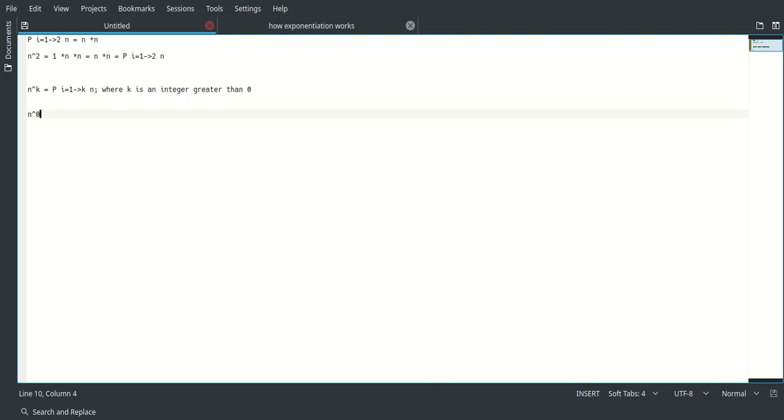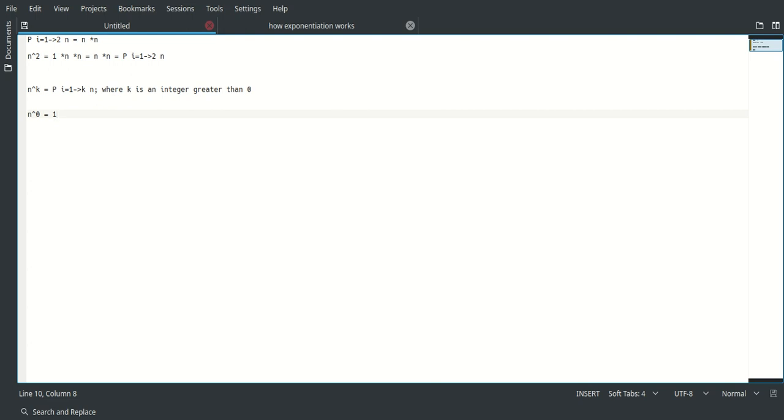So n to the 0 gives us 1, because in order to start the exponentiation, we have to go back to the beginning, because that's what it is. It's iterated multiplication, which is iterated addition, which is iterated incrementation, right? Which is iterated recognitions of existence. Recognition of existence is where you start, okay? Existence is contrasted with non-existence. 1 is contrasted with 0. 1 is existence, 0 is non-existence.